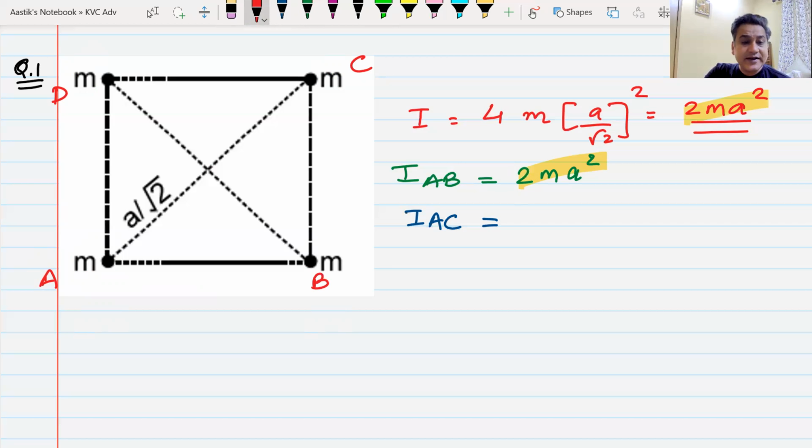The basic premise of doing this question is to understand that the moment of inertia depends on the axis and the distribution of mass around the axis. I'll give you 1 minute, then I'll solve it. Don't have to come to the board to write the answer. I'll just solve it after a minute. What is the moment of inertia about the axis AC?